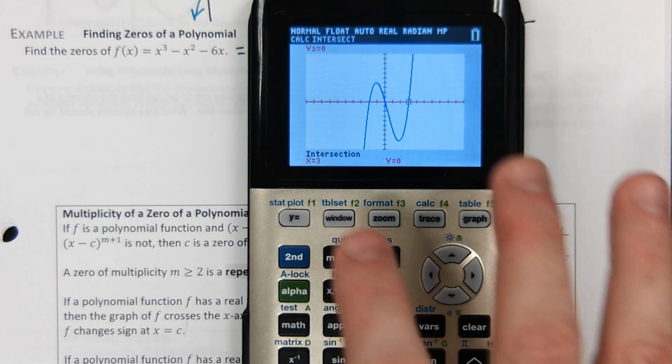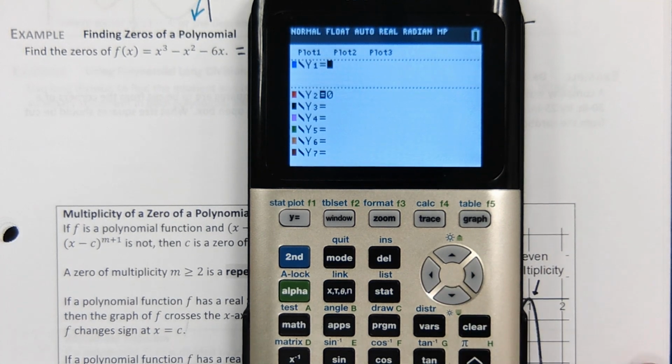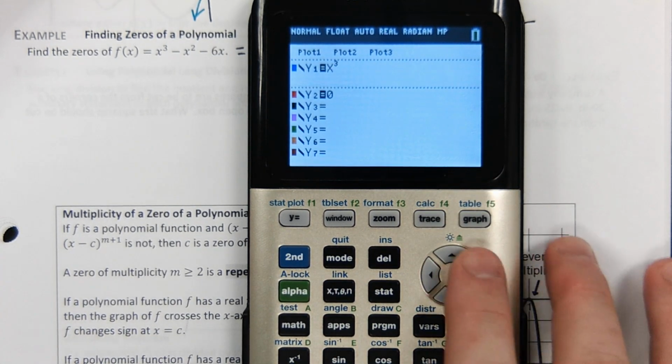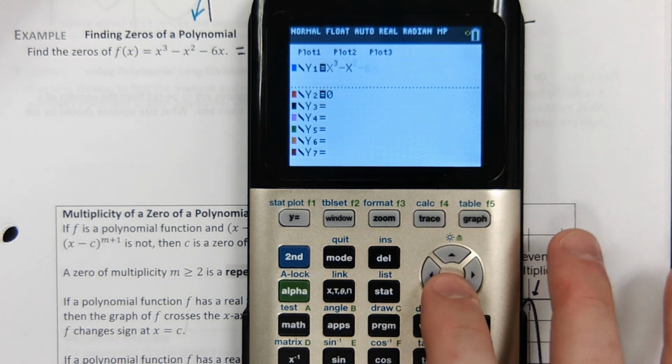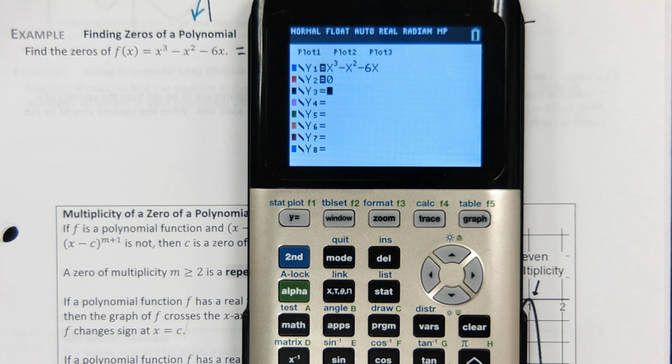So because your calculator has the ability to, oh crap, I have to bring that back. Dagnabbit. Well, there is no undo feature. I wish these calculators had an undo feature. That would be really beneficial. So the reason why it's asking for second curve or third curve is because